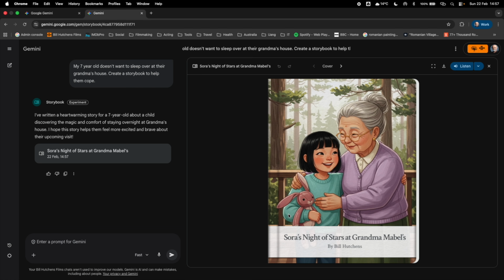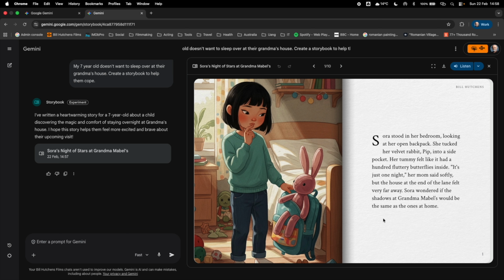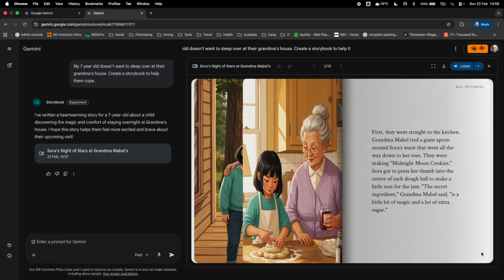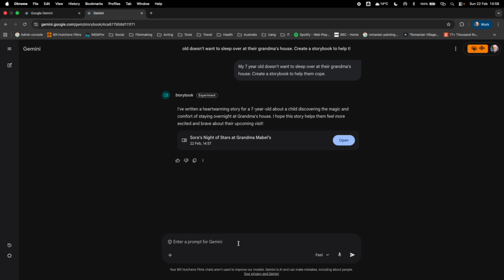Okay, and this is what you get. You get a little storybook like this, and you can open it up, and there's script and images. And it's just a little story. It could be a nice little thing for little stories for kids and things like that. Be a great idea. But what I was thinking about, and I will cut again once I've uploaded this to save time,